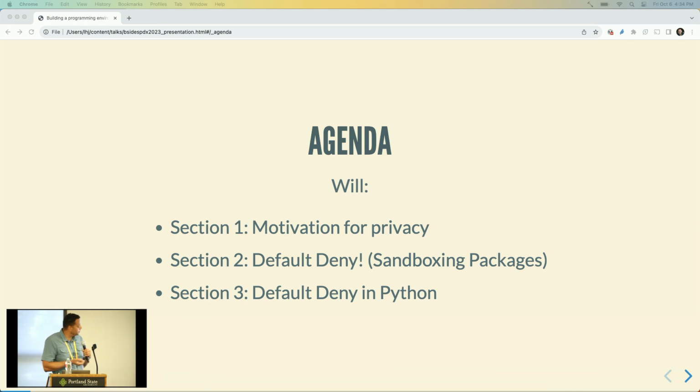And finally, I'm going to do a little example of how default deny can be applied to a Python application, just a quick code example. It's going to be 6 lines. Don't panic. It'll be very simple. And then just how that applies and what that might look like as we move into this new